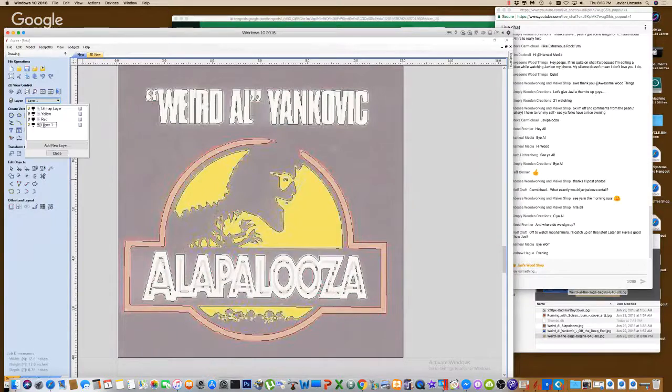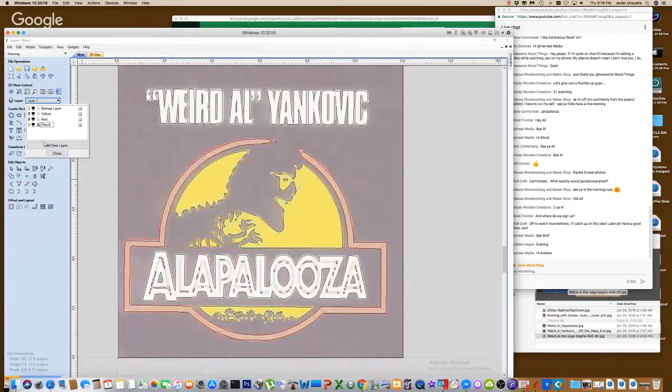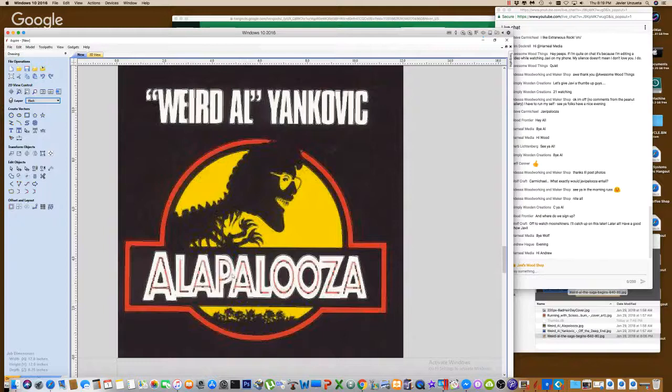So now we have our black layer, we have our red layer, and we have our yellow layer. So with that, you have to go in there and clean it up. I'm not going to clean up every little thing because frankly, if you look at the original, I forgot the name of this font, but I'm familiar with it. This also looks like one of the standard fonts. Just find the font, and you'll probably spend less time finding the font than you will trying to clean up